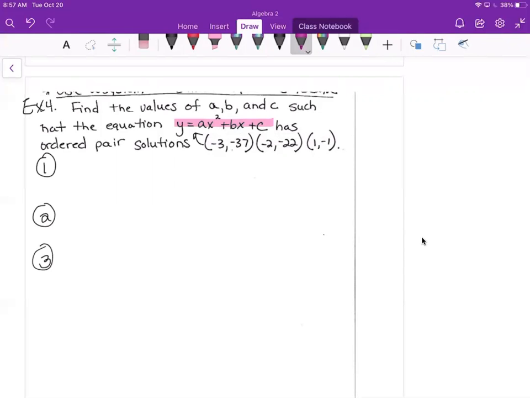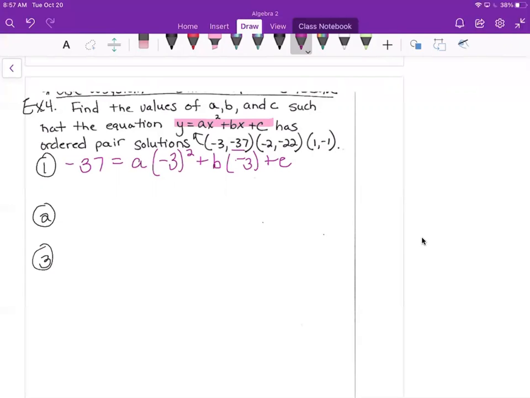So in the first case, y is -37 equals a, x is -3. So I'm going to replace our x's with -3. And then I'm going to clean it up a little bit. So if we go ahead and simplify that,